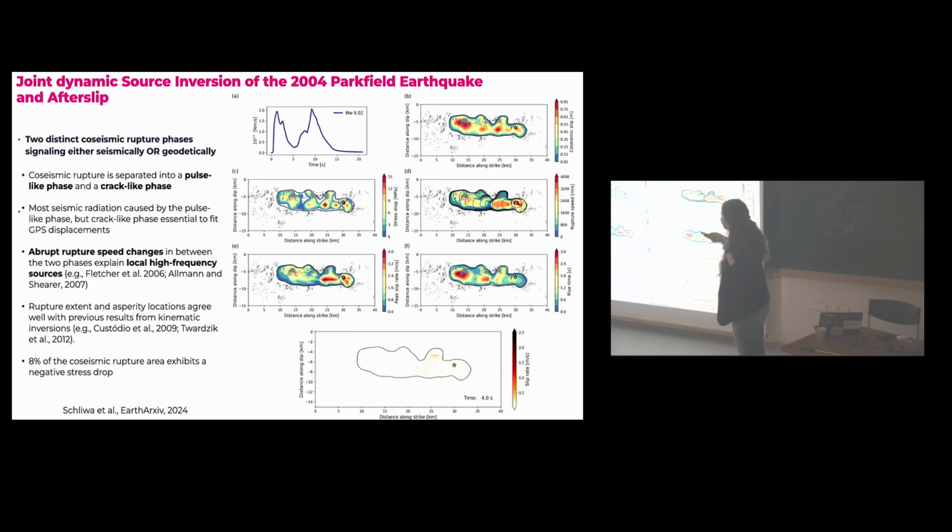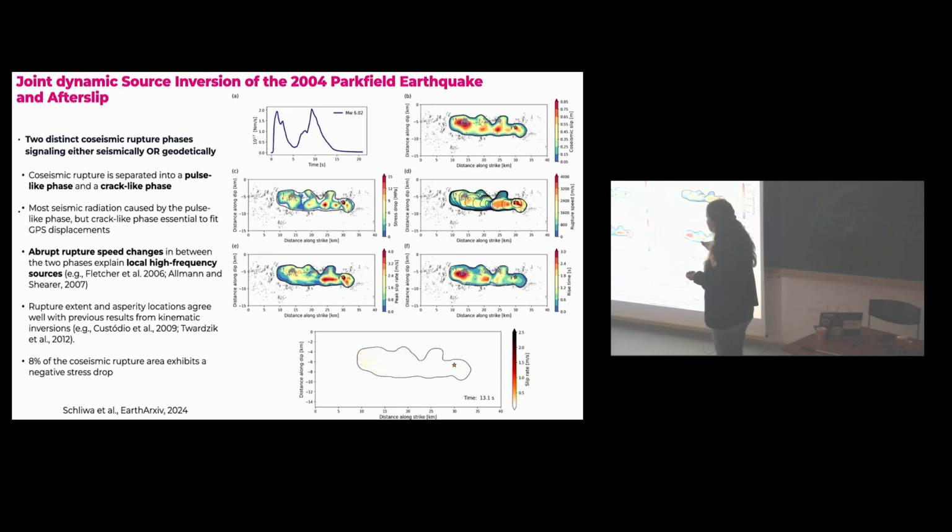Okay. So this is the preferred co-seismic model. And I just highlight the interesting parts, or the new parts that we can learn from this. First, there's 2 very distinct rupture phases that are actually spread out by quite a lot. We see the rupture duration being quite a bit longer than other models that have been proposed before, even though this is one of the best studied events around.